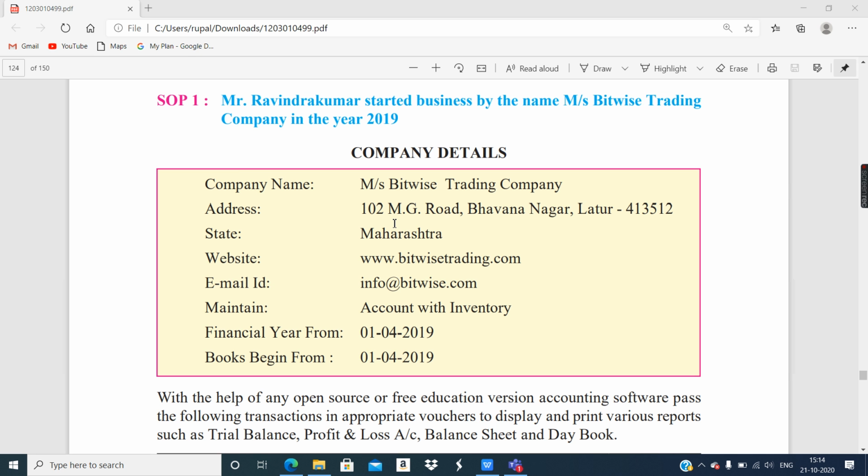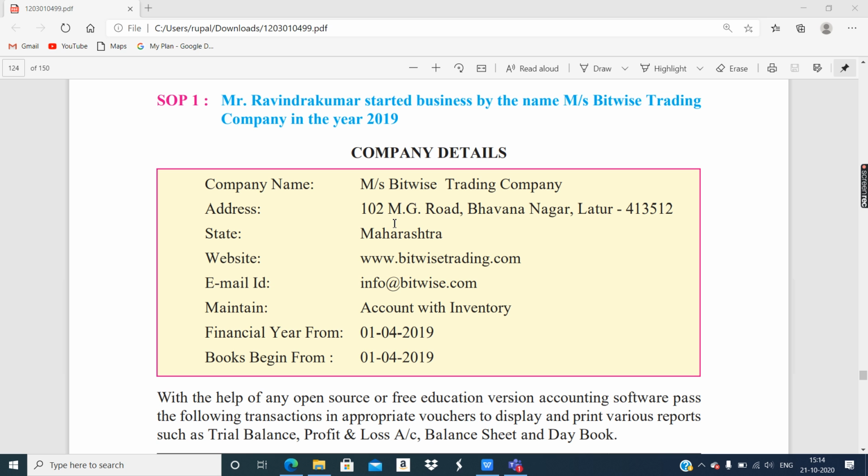Apart from Tally ERP 9, there are many other software suggestions given in the textbook, like GNU Khata, accounting, SLB ledger and something like that. But most of us are familiar with Tally, so you can easily use the educational version of Tally. The educational version is free to use.